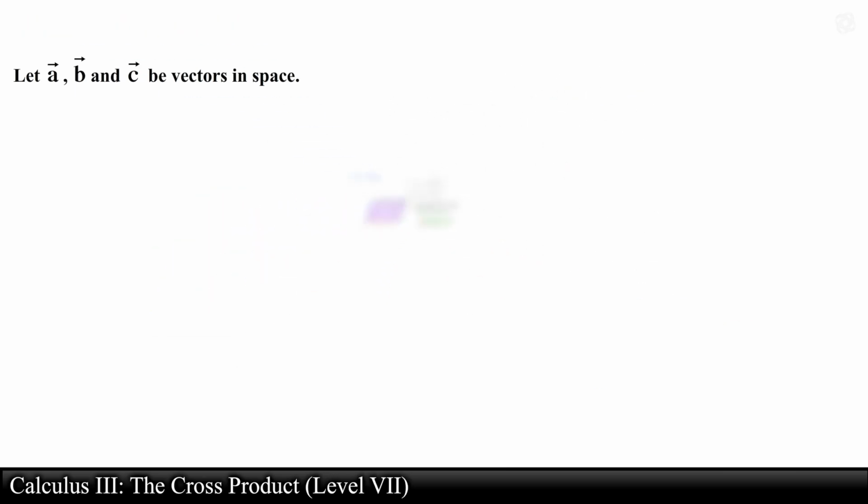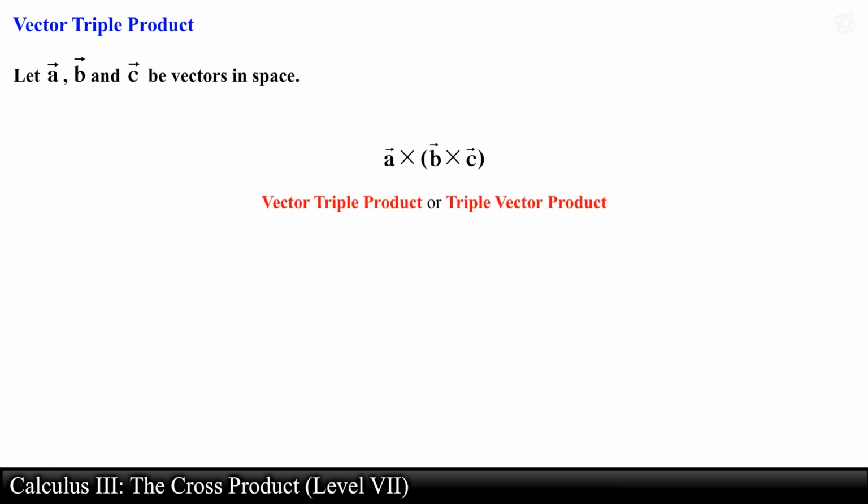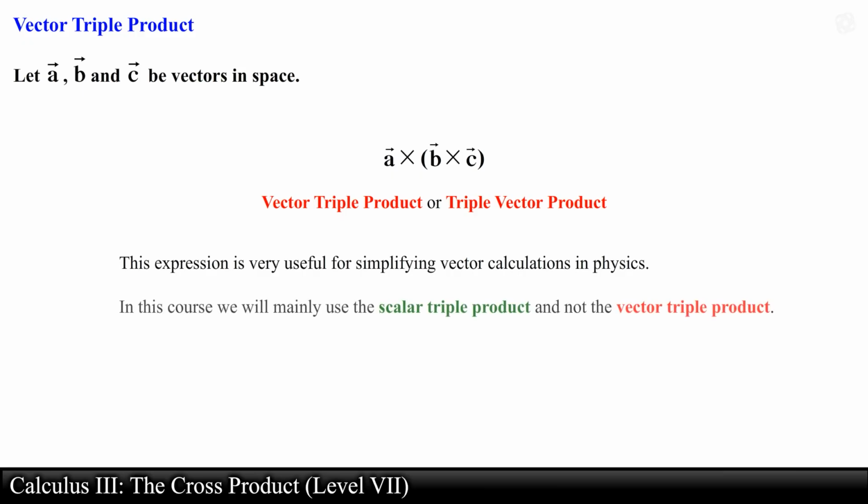The last thing to keep in mind is that the expression obtained by crossing vector A with the cross product of vector B and vector C is called the vector triple product, or triple vector product. This expression is very useful for simplifying vector calculations in physics. In this course, we will mainly use the scalar triple product and not the vector triple